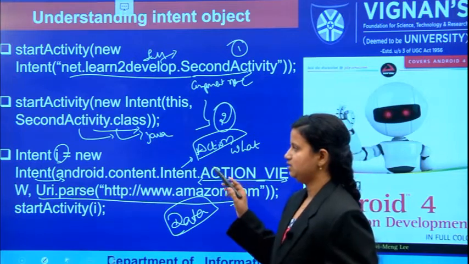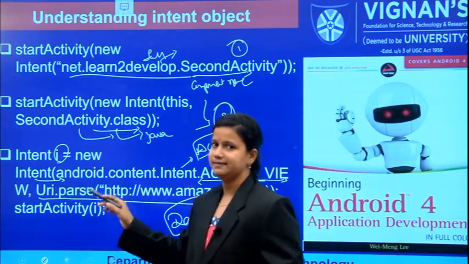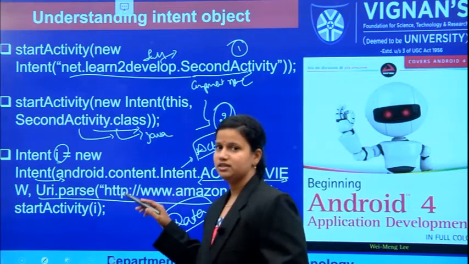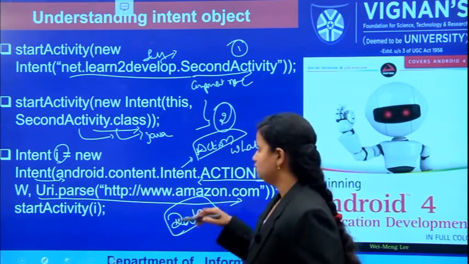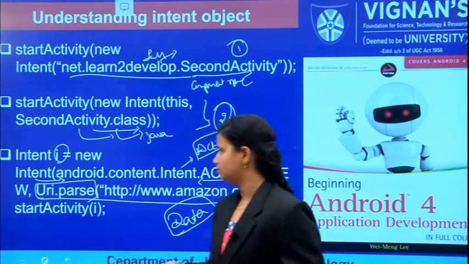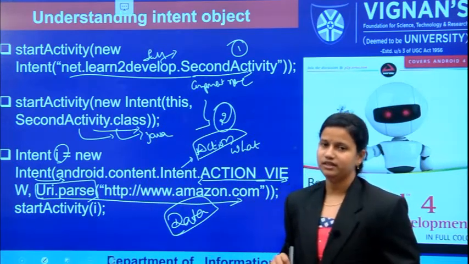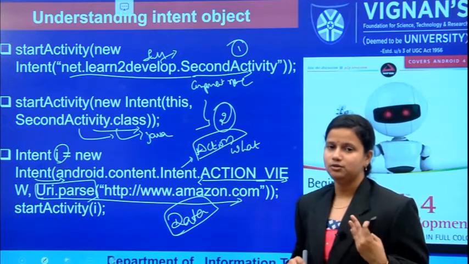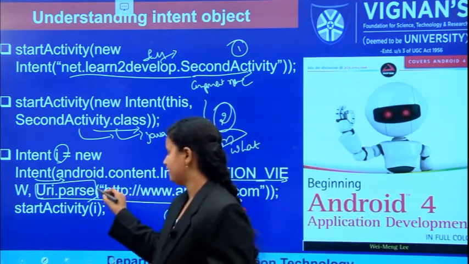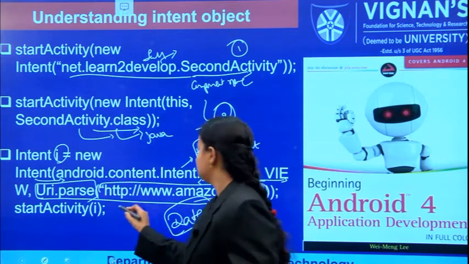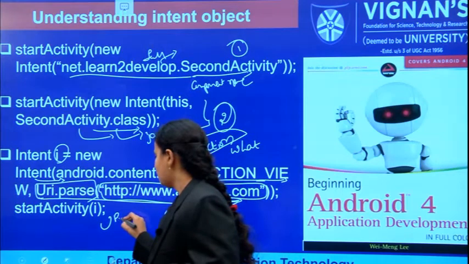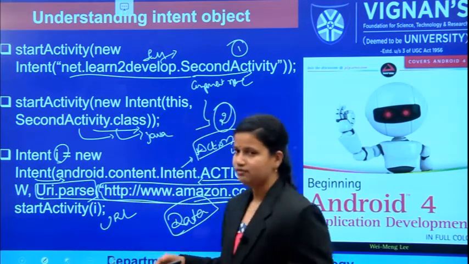So, we create an object and pass two different things: the first is the action and the second is the data. For the data, Uri.parse is used. Whatever values are provided in Uri.parse, that information is taken from the URL in the browser.